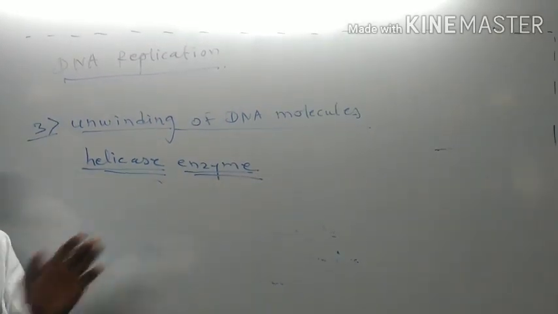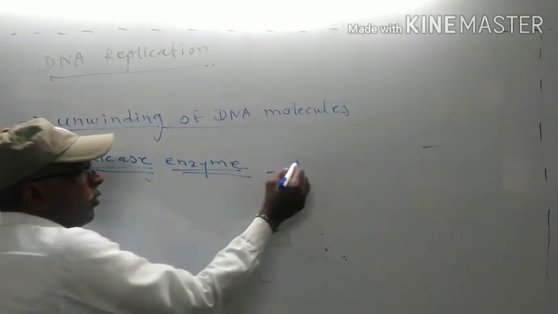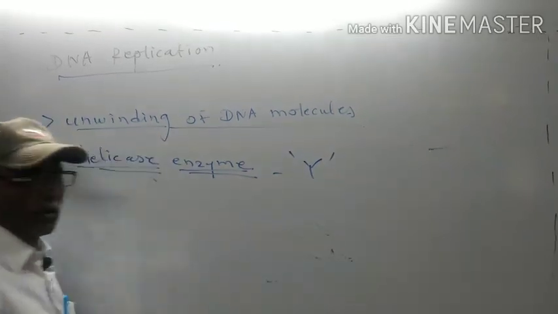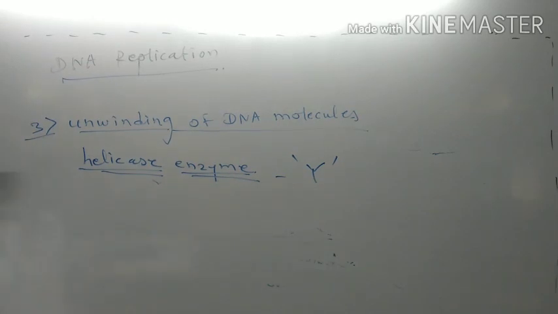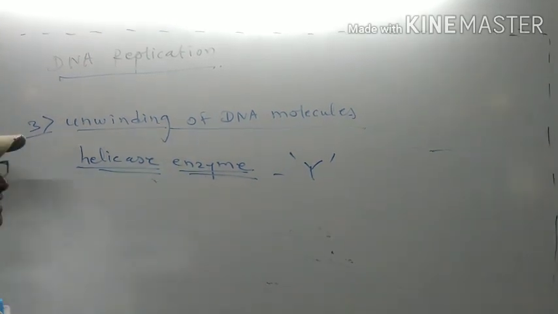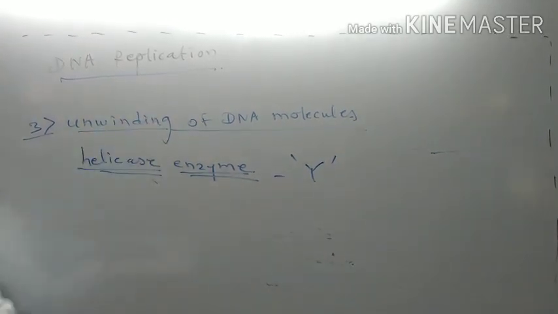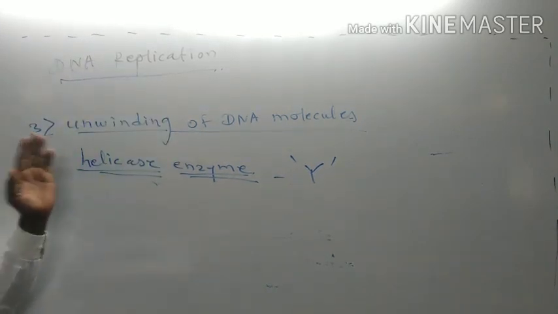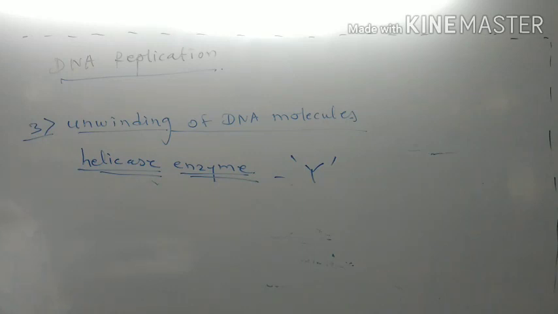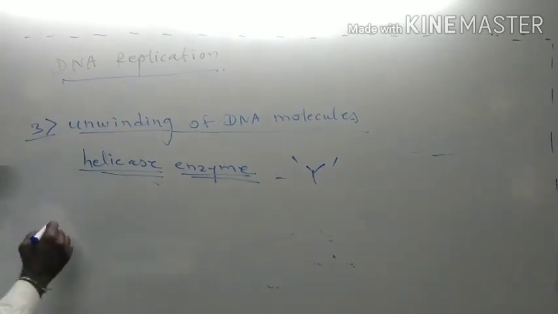DNA gets separated and it forms what? A Y-shaped structure, that is called the replicating form. So helicase enzyme brings about the unwinding of DNA, which is cut at certain sites, and this unwinding is done by helicase enzyme. Now if you see this DNA,